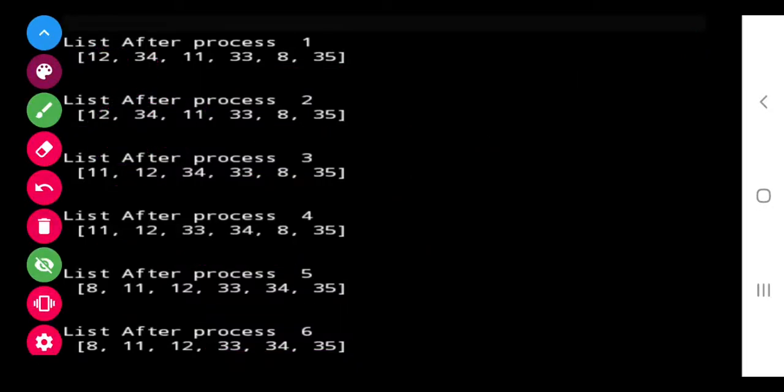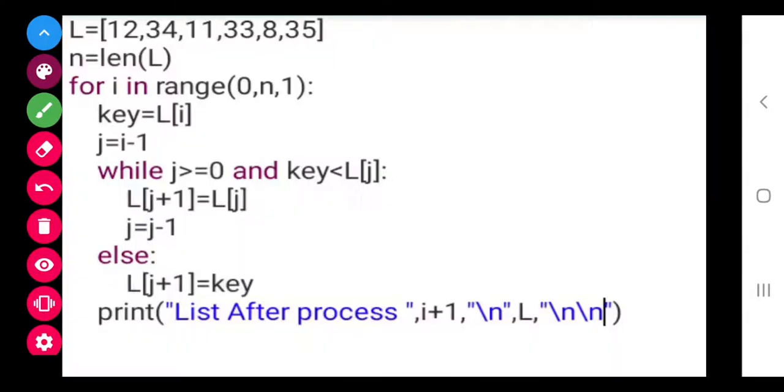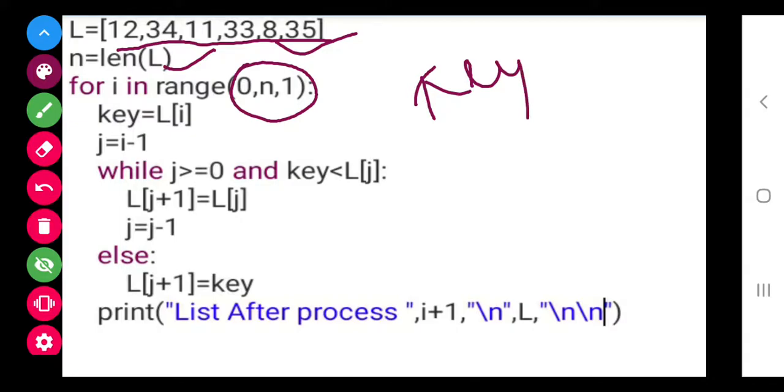So class, accordingly I have made the program. I have considered a list first of all, then the length of the list, then I have run the for loop from 0 to 6, that is the length of the list. Now first of all I have taken another variable named key equal to list[i]. Here i is 0, so the 0th element, that is 12, will get saved in this.